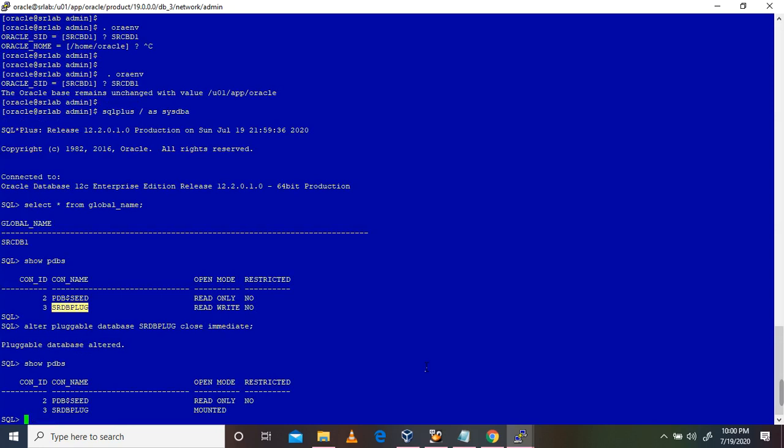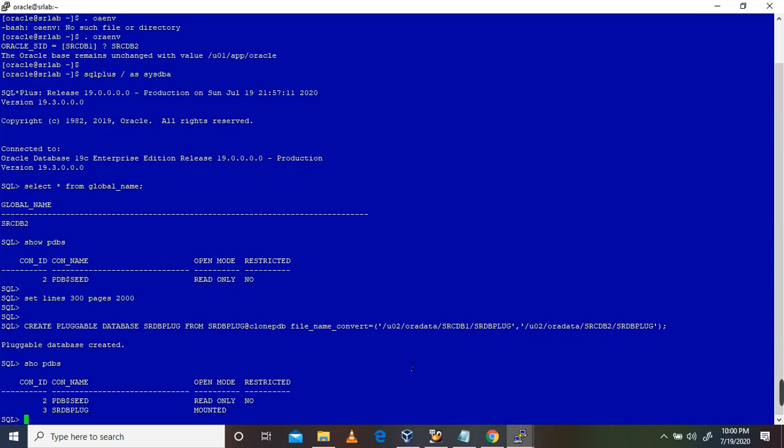After cloning, in the environment, if while cloning there are any archive log backups running, you have to disable them, otherwise the cloning operation will fail. So you need to disable the archive log backup operations. You need to comment it out, and any cron job scheduled for archive backup, you need to comment it out. Okay, we will close this in source side.